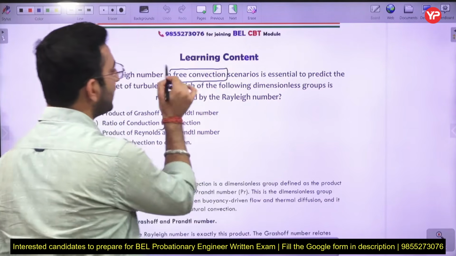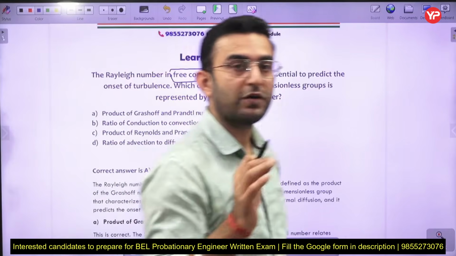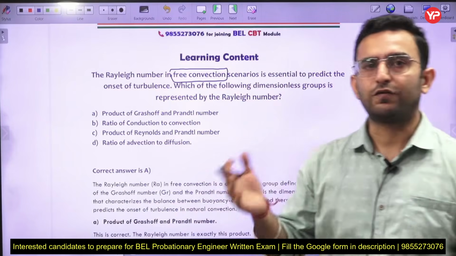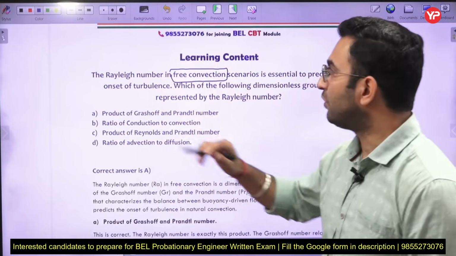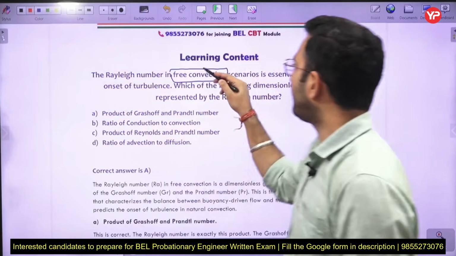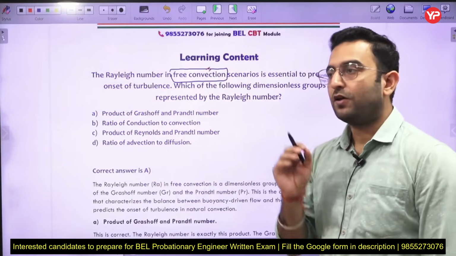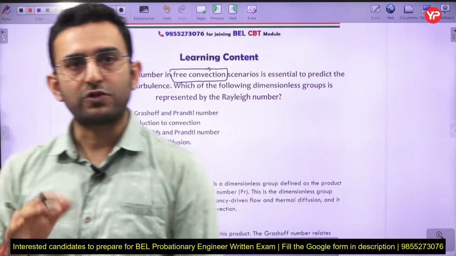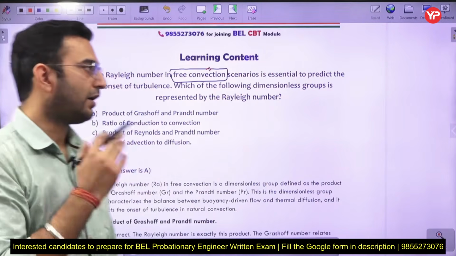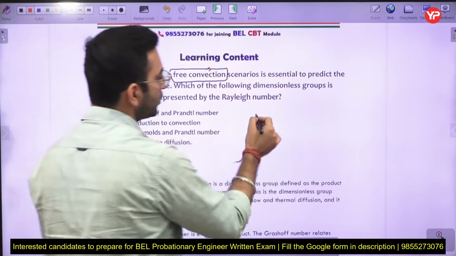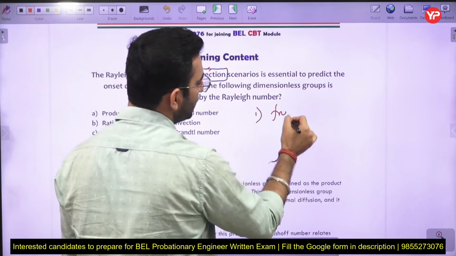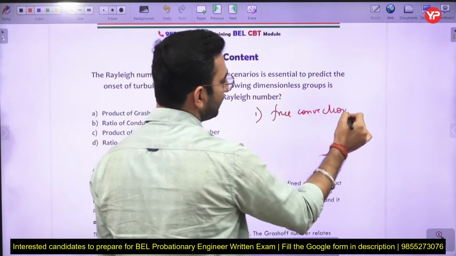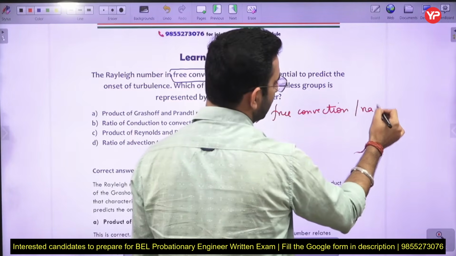If you just see, in the last question we have seen the concept of the Prandtl number, which is common to the free convection as well as the forced convection. But this question has been specifically asked from the free convection. So when we study the convection part, there are two types of convection. Either we have a free or natural convection, which is also known as natural convection here,